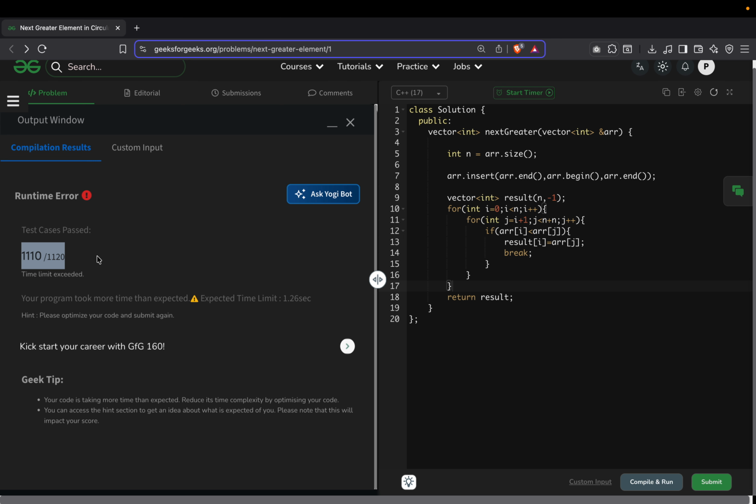Yeah, if you see only some few test cases are left, because here it's big O of n, big O of 2n, like big O of n plus n. To pass the test cases we have to use a stack here,